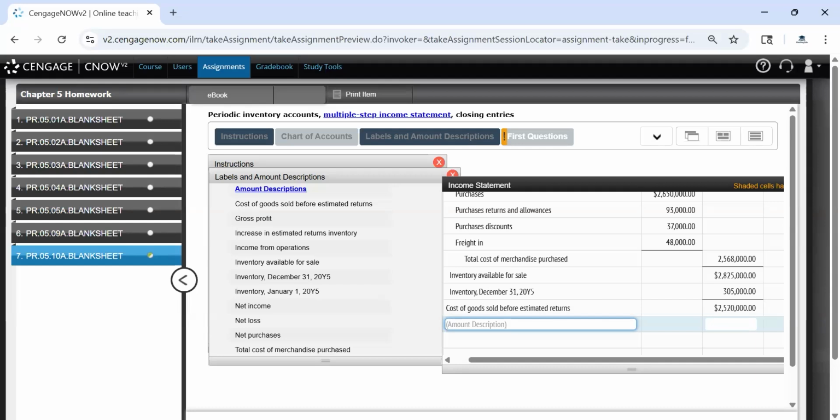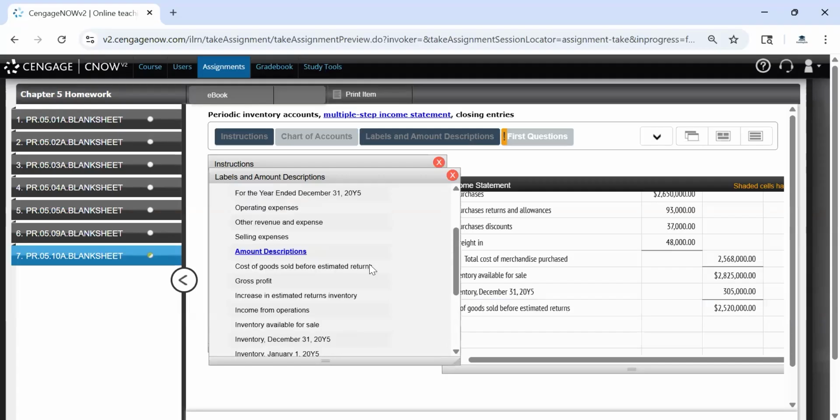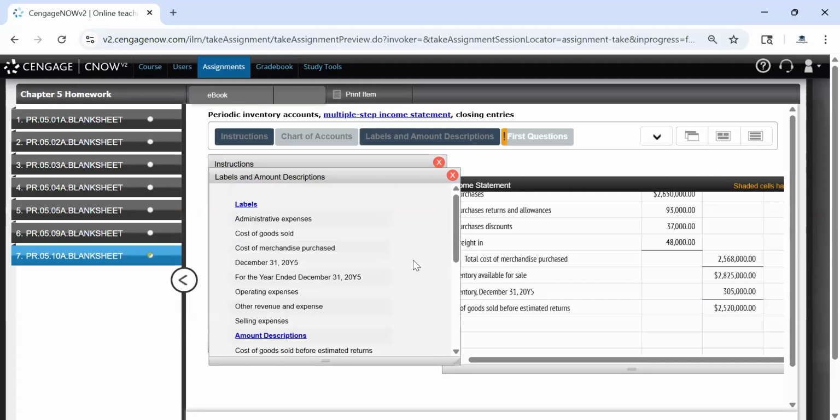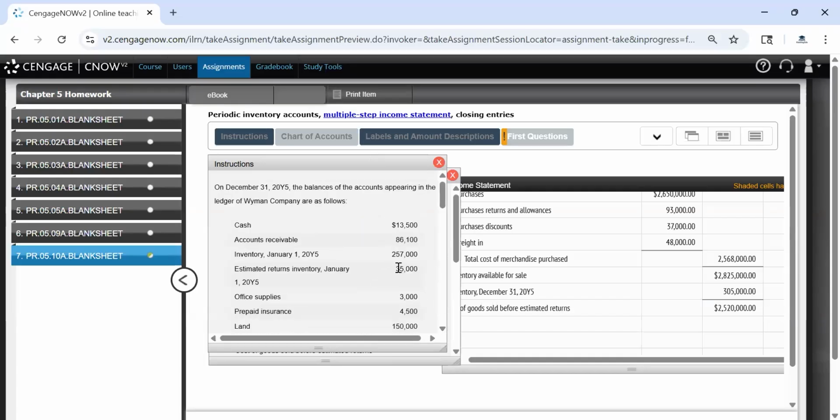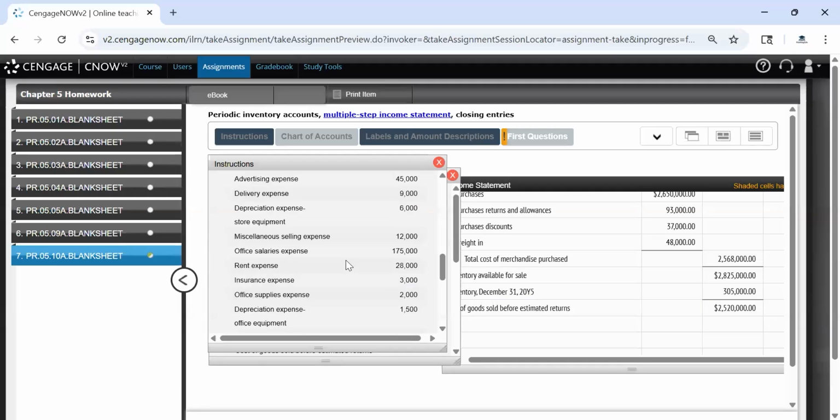Then we subtract the, right, this is the before estimated returns. We have to find out what the change in estimated returns was during the year. As of the beginning of the year, estimated returns inventory was $35,000. As of the end of the year,